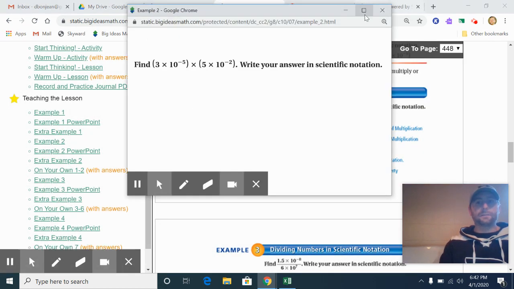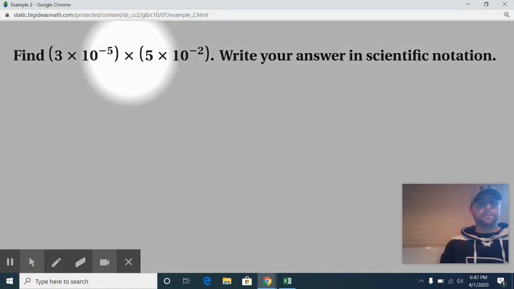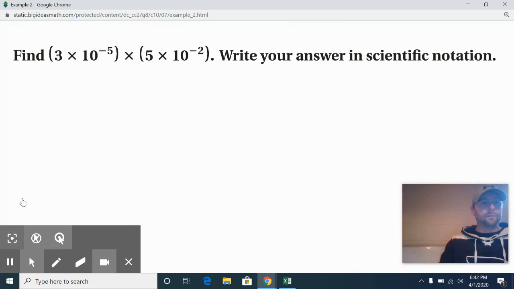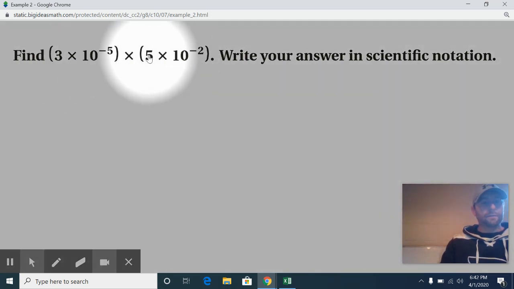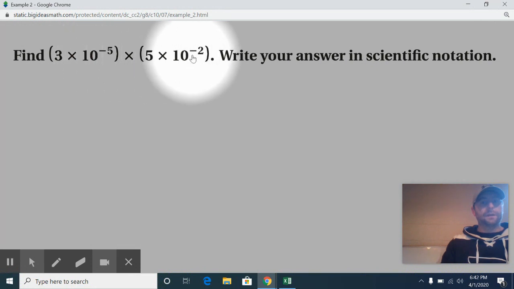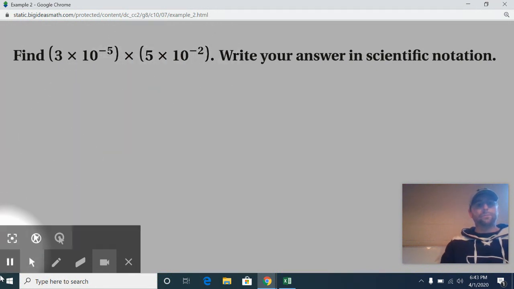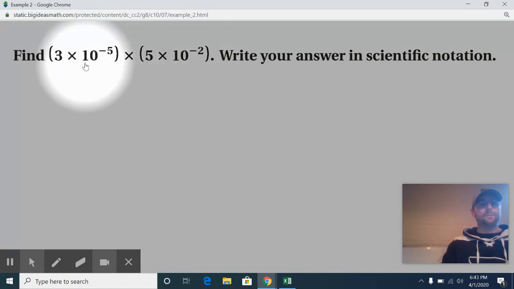If we look at the second example and what they're asking us here, let's look in the middle. They're asking us to multiply. Let's remember these numbers right here, the 3 and the 5, for example, those are our factors. And then our 10 to the negative fifth and our 10 to the negative second, they want us to multiply those separately. So I want you to recall a rule. When we multiply numbers that have the same base, which would be our 10,